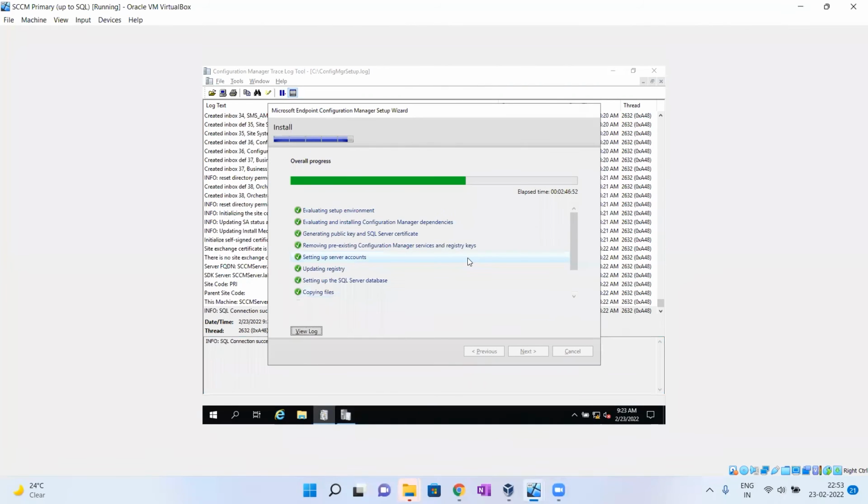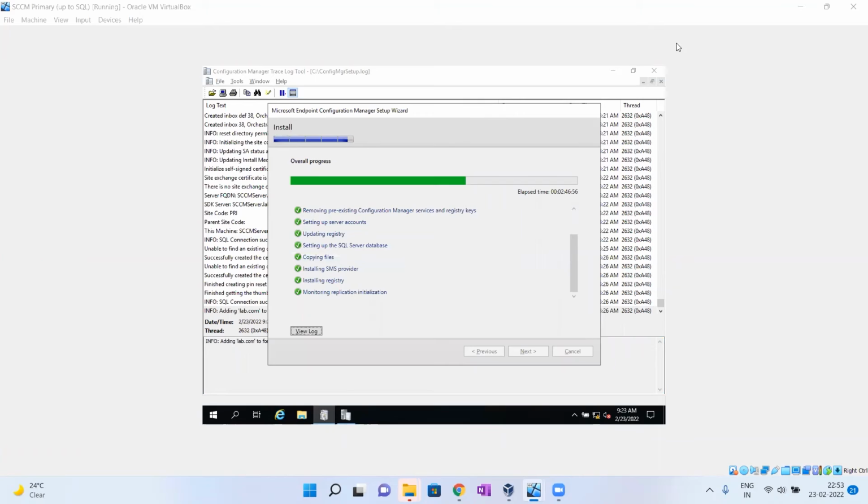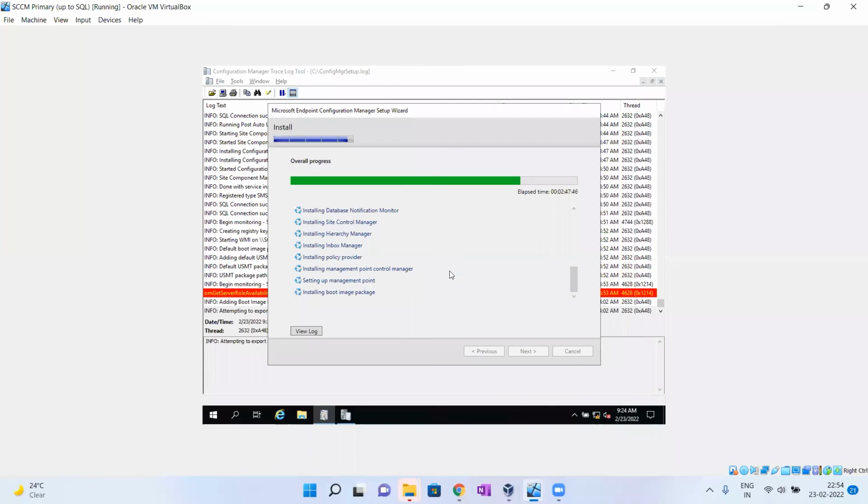We'll wait and monitor. Now components are installing: SMS Executive, SMS Inbox Manager, Policy Provider. Let's see and wait.